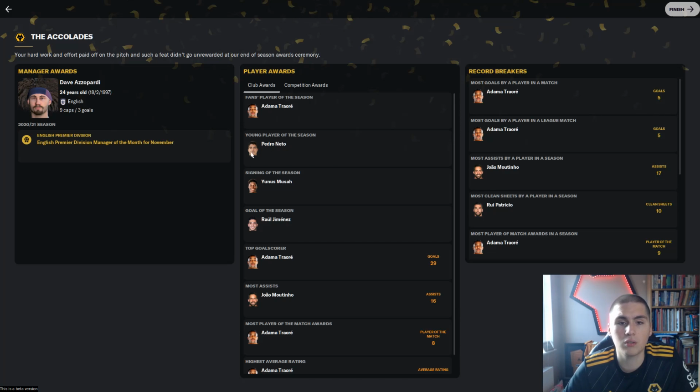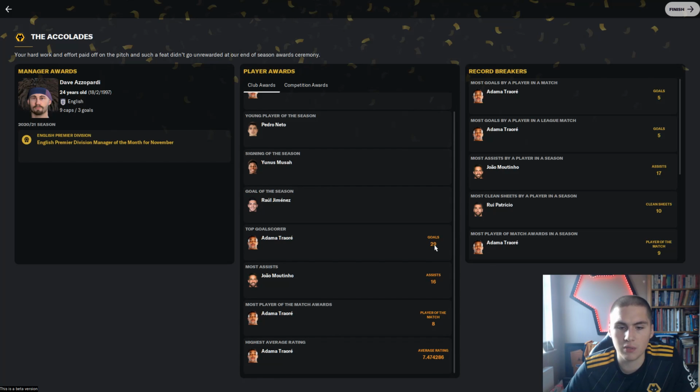But the club awards: Adama won Fans Player of the Season. Pedro Neto got Young Player of the Season. Signing of the season went to Yunus Musa. Goal of the season went to Jimenez for that lob that we saw. But top goal scorer in the league was Adama with 29. Most assists was Moutinho. Most man of the match awards was Adama with 8. And highest average rating was Adama with a